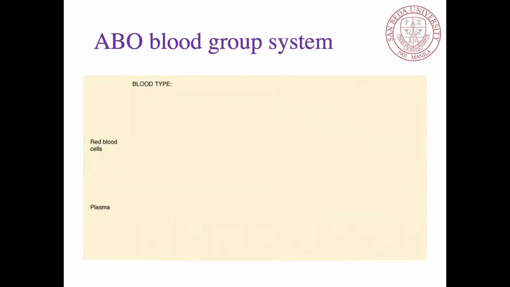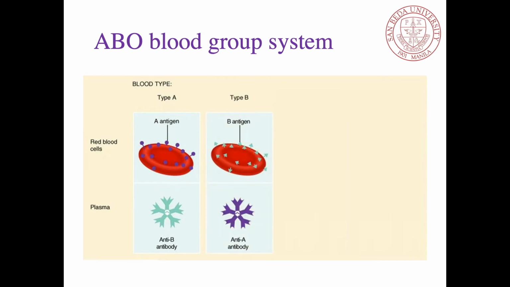I mentioned how agglutination is immediate in ABO incompatibility and not in RH incompatibility. When we are talking about the ABO blood typing system, the ABO blood type a person has refers to the antigen present on their RBC surface. Blood type A individuals have the A antigen on their RBC surface, but have preformed anti-B antibodies in their plasma. Similarly, blood type B individuals have the B antigen on their RBC surface, but have preformed anti-A antibodies in their